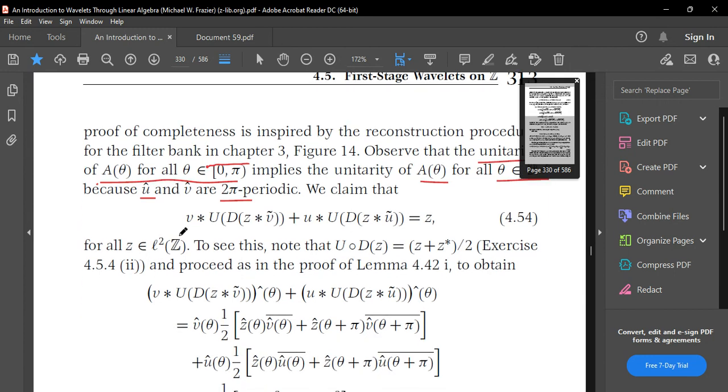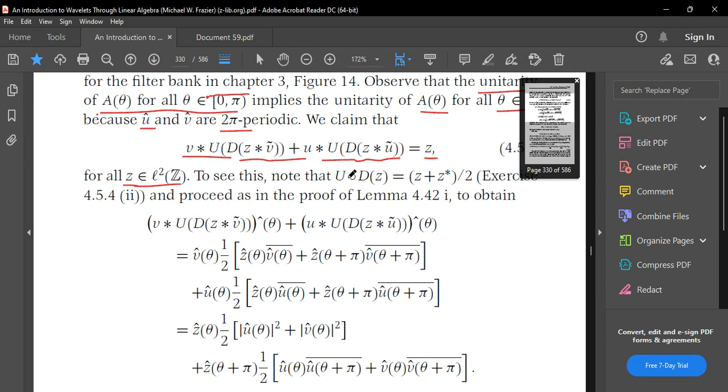So we now claim V star U of D of Z star V tilde plus U star U of D of Z star U tilde will be equal to 0. This we have seen somewhere else, in perfect reconstruction, for all Z belongs to L2 of Z. Now take note that U of D of Z is equal to Z plus Z star by 2. Now we can compute U composition D of Z, that is U of D of Z, that will be equal to,